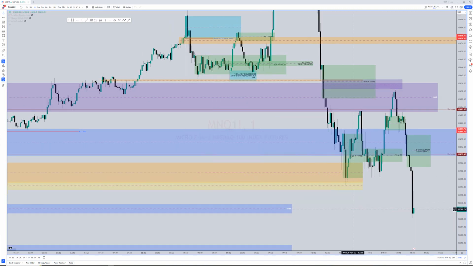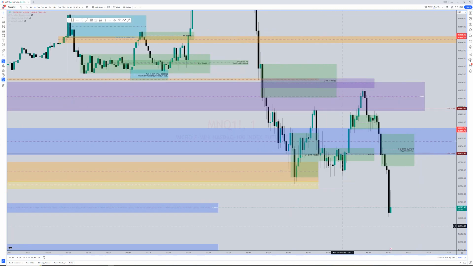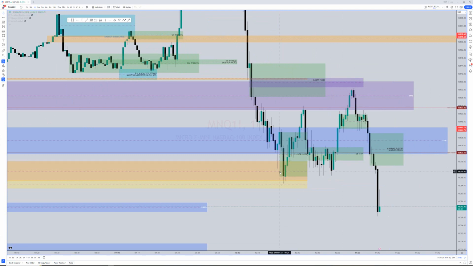How I evaluated that was, I watched price come into a breaker that is below liquidity and could have held price, could have supported price. It comes in at 23 and then rallies, comes back down. The 10:30 time frame doesn't touch any liquidity or anything like that. It just goes up to this daily imbalance, pushes back down, and then something I'm evaluating is this turning point